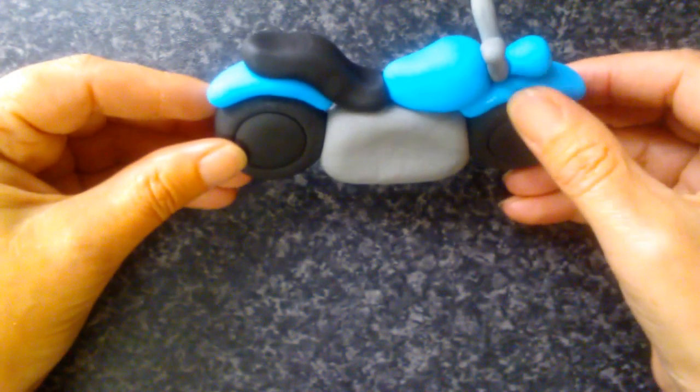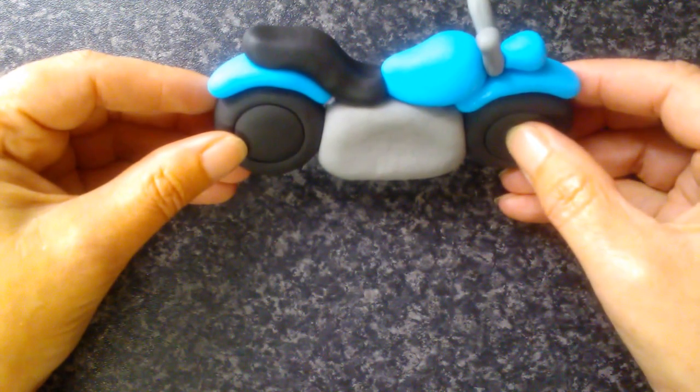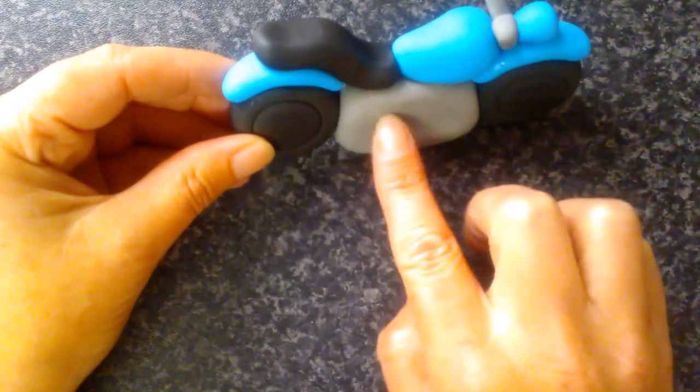The next stage is to put the forks down there, and I'm going to put an exhaust